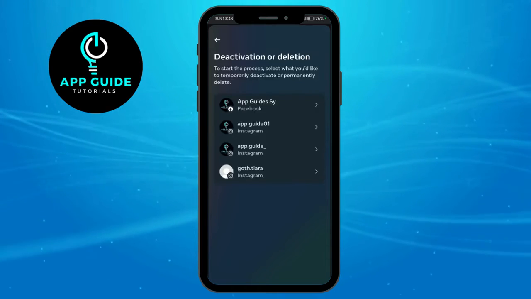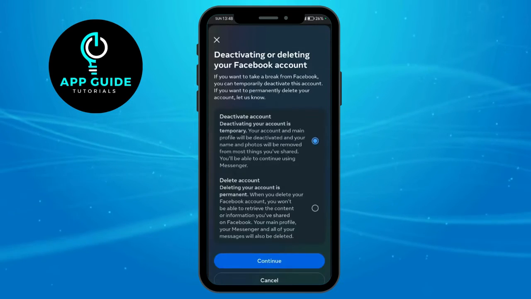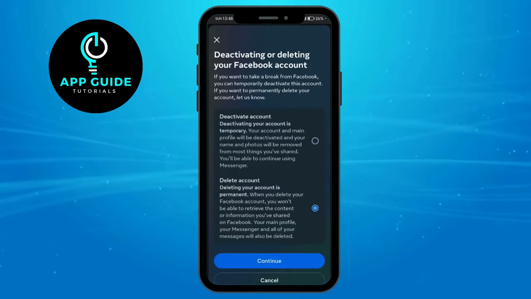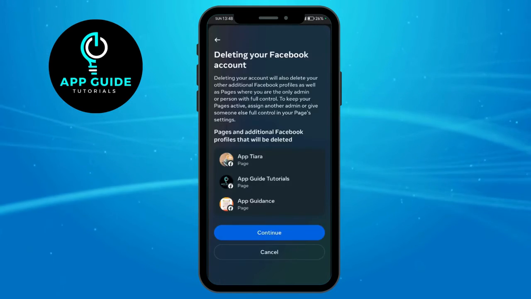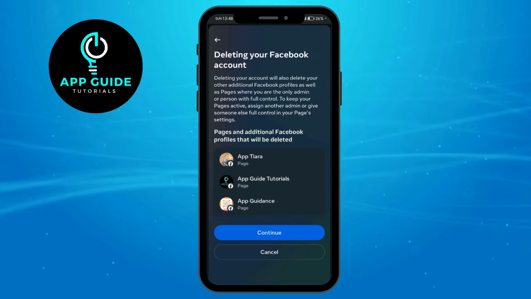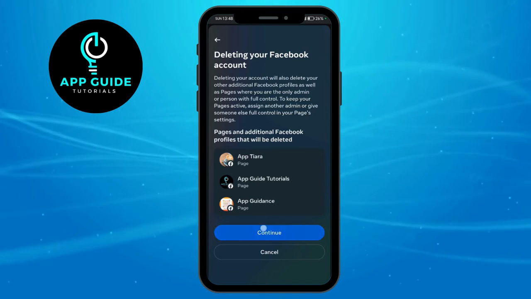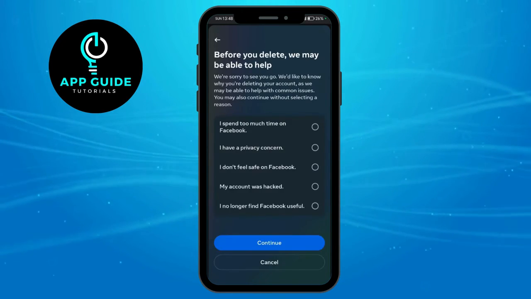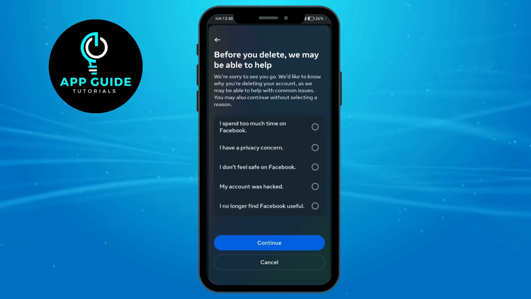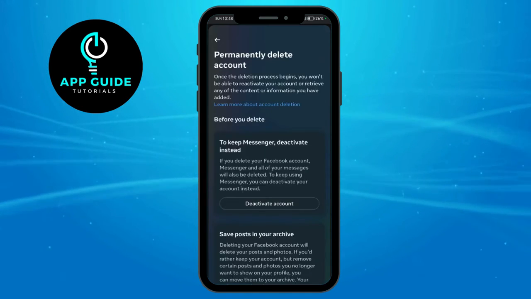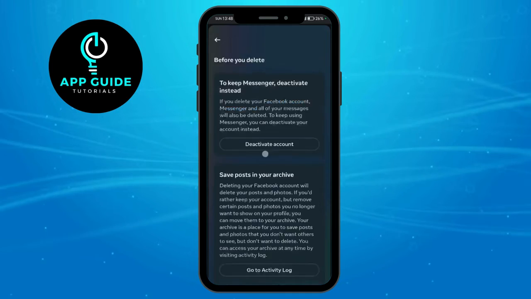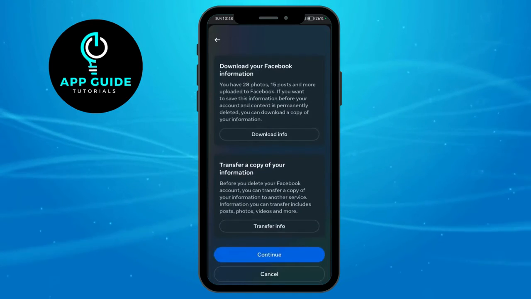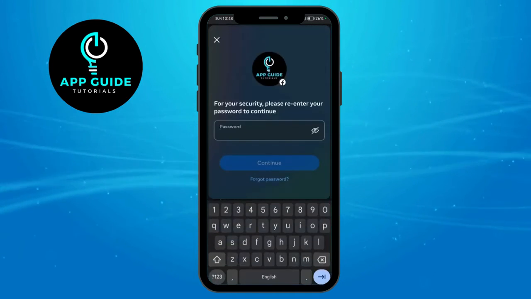So just enter right here your Facebook, and then click on this delete account. Then click on continue, and then take note that your Facebook page will also be deleted. So click on continue as well. Then you can just put in here a survey that they have in here, but you can also skip that if you want. Now scroll down, then click on continue, and then from in there, just enter your password in